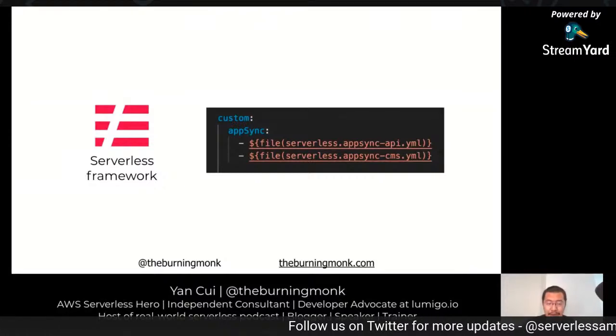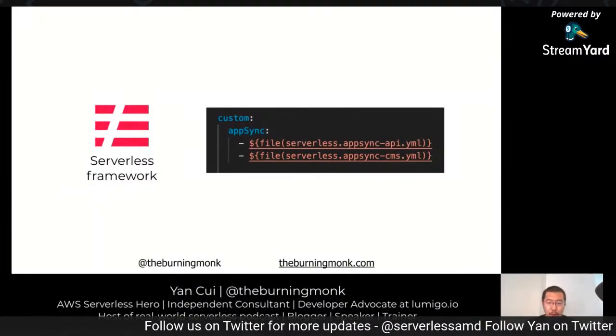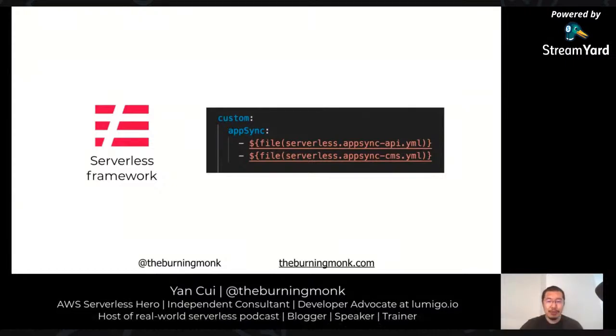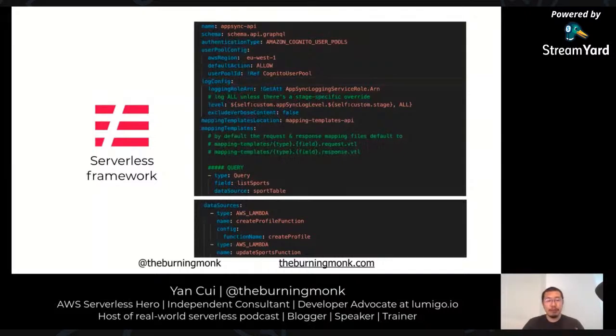And as I mentioned, I have the two AppSync APIs, one for the app and one for the CMS. So I broke those into their own files to keep things a bit more manageable within my serverless.yml. And each of those files is going to look something a bit like this, where I configure it to use the correct Cognito user pool. Remember, we have two, one for the app and one for the CMS.